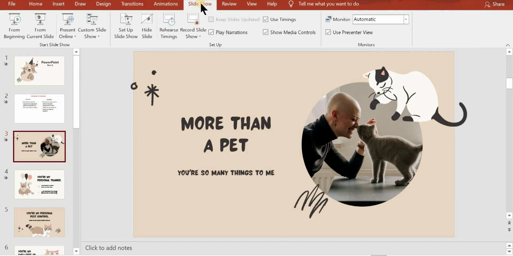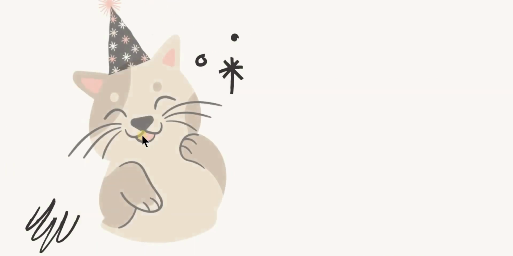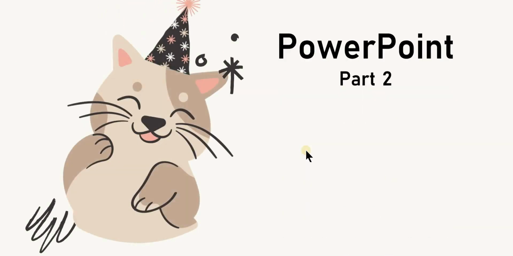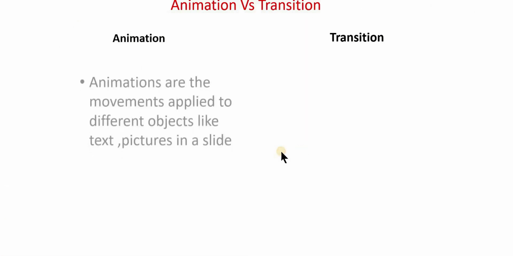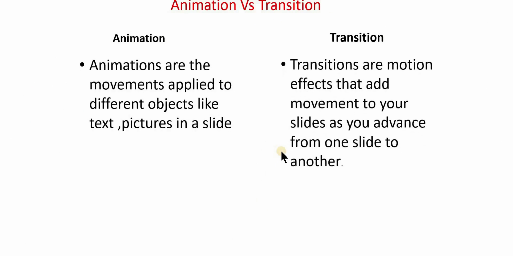So let us see slideshow from beginning. It is taking 5 seconds to completely load that slide. Now when I click, this is the animation effect. Here this is the animation effect for the text. When I click, this is the fast one, that transition effect appears very fast. And this is the transition effect. This is the second transition animation effect for these two text. And the transition effect for the third slide is this one, that is vertex.